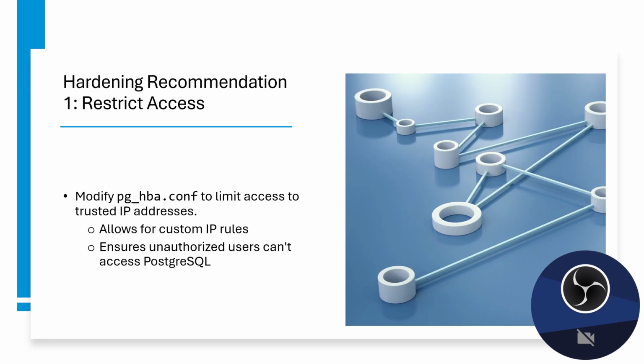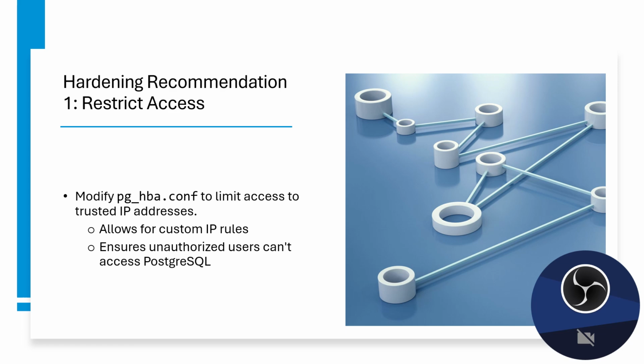My first hardening recommendation for PostgreSQL would be to restrict access to it. You can do this by modifying the pg_hba.conf file, and you can limit access to trusted IPs. What this does is it allows custom IP rules so you can select specific IP addresses you want to have access to your network, and it helps ensure that unauthorized users can't access PostgreSQL,